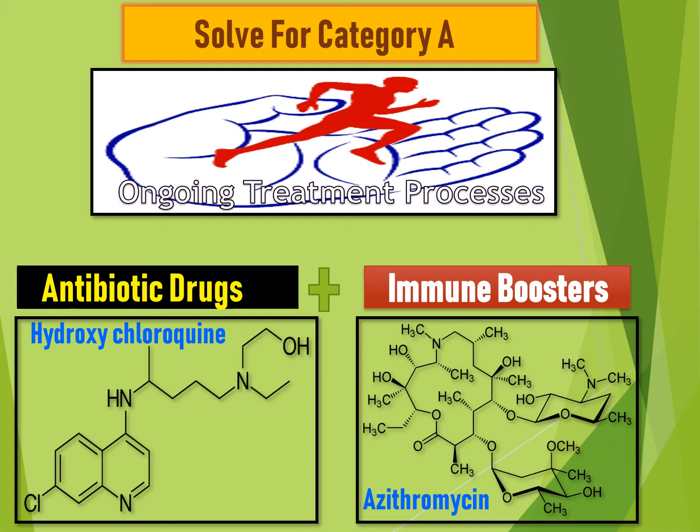So if you look at the first one, azithromycin, what is the actual function of azithromycin? This is a macrolide antibiotic, and it inhibits the bacterial RNA-dependent protein synthesis. It is widely used for pneumonia, throat infections, etc. and also for influenza kinds of diseases. But its actual influence on this viral attack, in particular this coronavirus, is not yet clear.